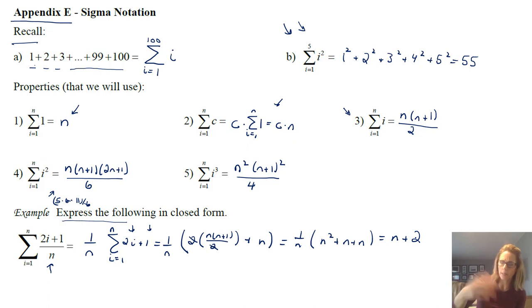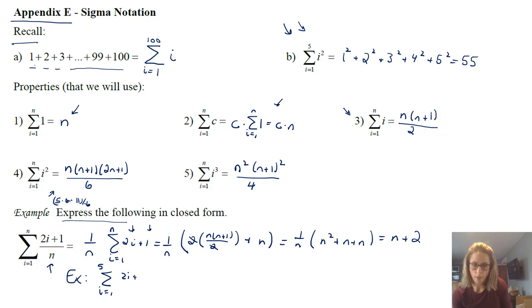And notice, that makes kind of sense. You're dividing by a value. So maybe at the bottom here, hopefully I have space, I'll just show a quick example. If we have the sum of i equaling 1 to 5 of 2i plus 1 over 5, notice the 5 I have in my denominator is the same here because in this general form, this is the same value here. So that is required for this problem. We kind of already know the answer should be 5 plus 2 because of what we did earlier. Should be 7. But let's take a look doing it the long version so you can see that they're the same.